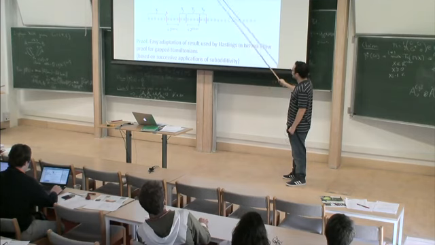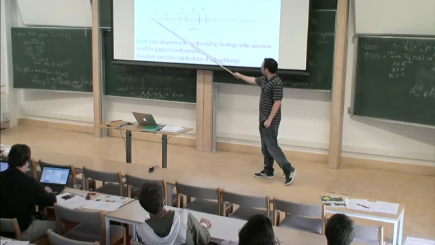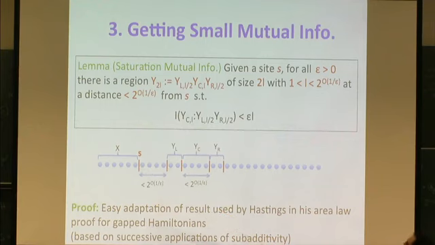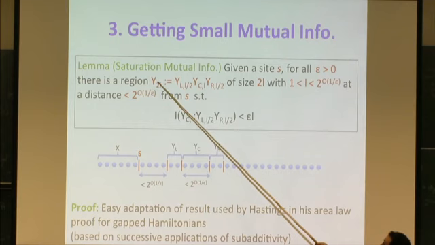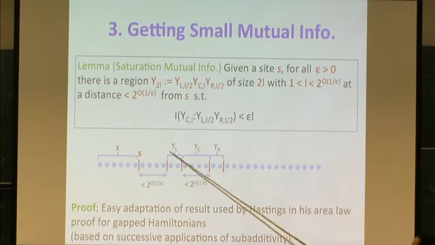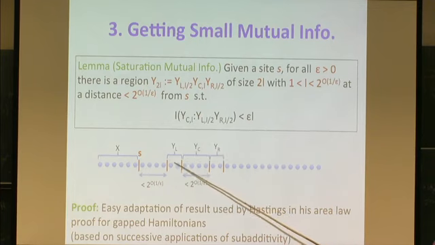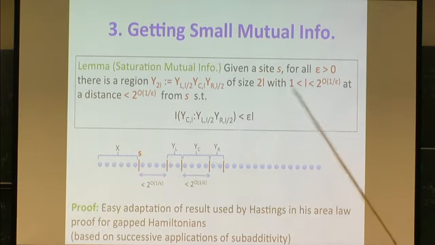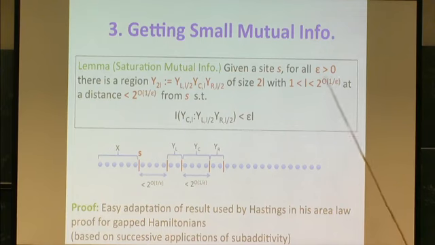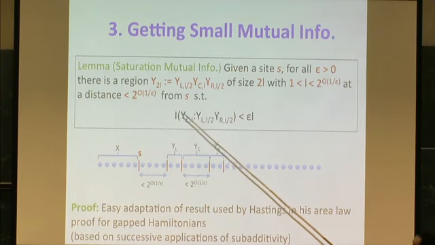So the statement is the following. Suppose you have a region X and you're given a size S. Then for any epsilon you choose, you can find some free regions, Y left, Y center, Y right, as we want. And the size is as we want. Here is 2L. Here is L. And for right is L as well. And this L is at most something exponentially big in 1 over epsilon.